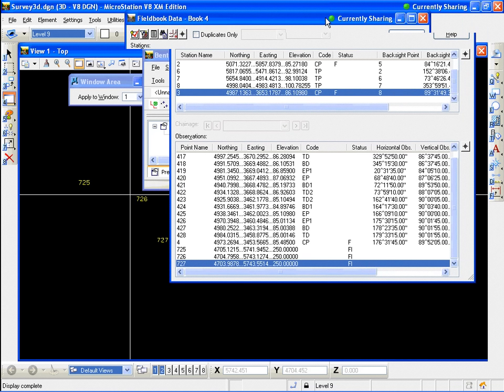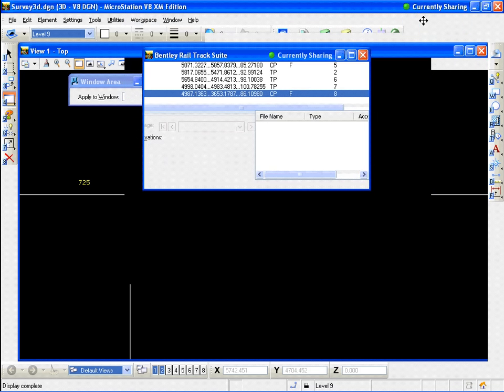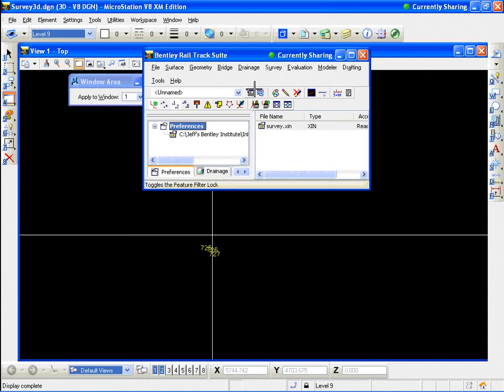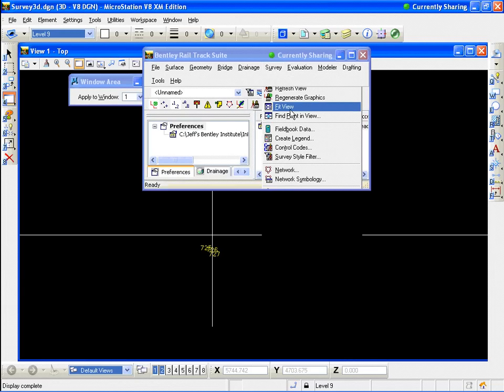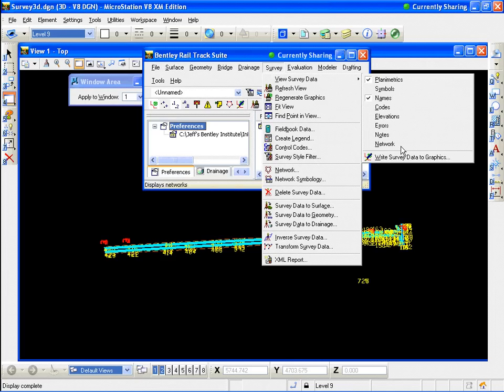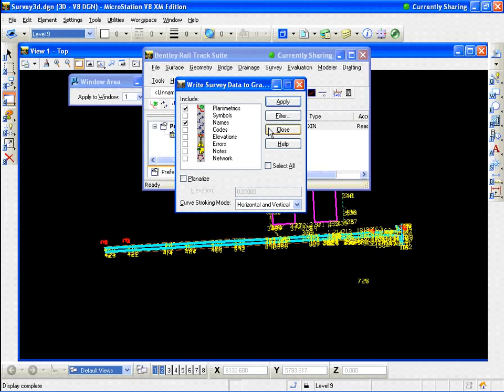So I'm going to get out of this, and those are the 3 files I wanted to write to graphics. So let's go ahead and write this one to graphics. Go to Survey, Fit View, and that's all my data. And then Survey, View Survey Data, write Survey Data to graphics. These are all temporary graphics. I'm going to make them graphics, points that I can snap to in